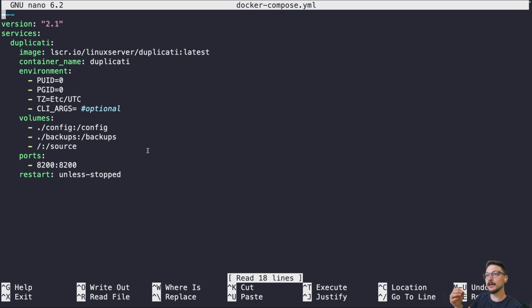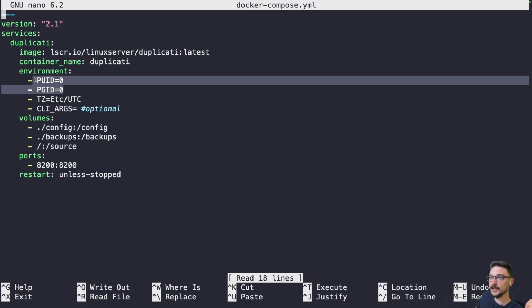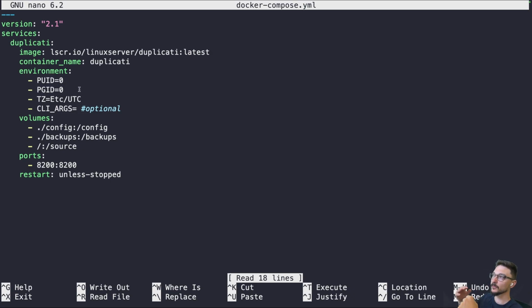But there's some key points that I want to raise here. So we're using the Linux server Docker image, which is fine. We're naming the container Duplicati, but the environment variables, so you see these are both 0. So what I'm actually using is my sudo user, the root user, which has access to the root directory, right? As you can see here, the source. And then in there, it's giving me access to be able to choose from the whole system what I want